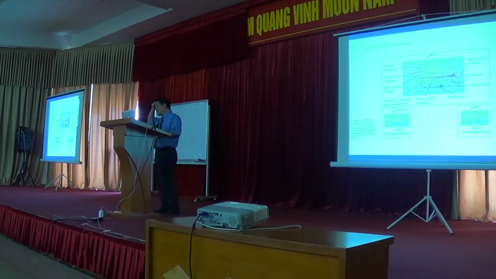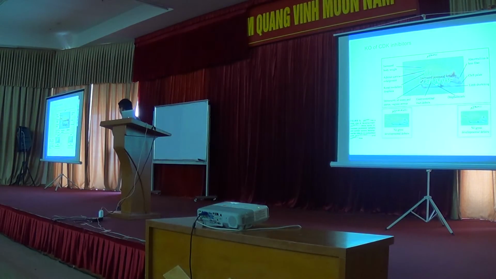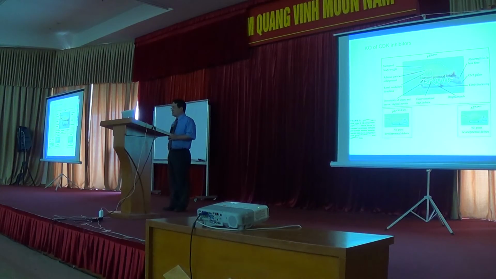Again, the CKI genetics or biologists are very interested to understand their biological function. So they try to do the knockout, okay? The knockout mice. If the scientists knock out P21, okay, or knock out P27, interesting enough, those phenotype of these knockout mice, they are very normal. Usually, you don't see any defect during the developmental process, which means that P21 or P27's biological function could be replaced or complemented by other CDK inhibitors.